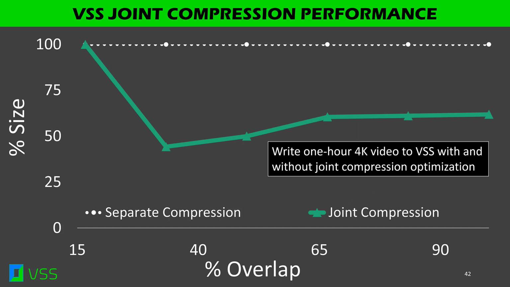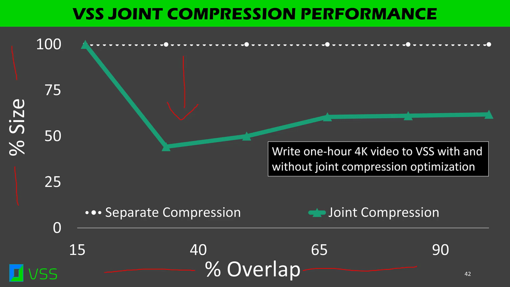And as you might expect, writing this redundant overlapping region only once instead of twice greatly reduces the storage required to store a pair of near duplicate videos. And so in this experiment, we vary the amount of overlap between the videos and record the amount of storage size we saved as a percentage by applying the joint compression optimization. And so in this case, we get about a third reduction in total file size when applying this optimization,